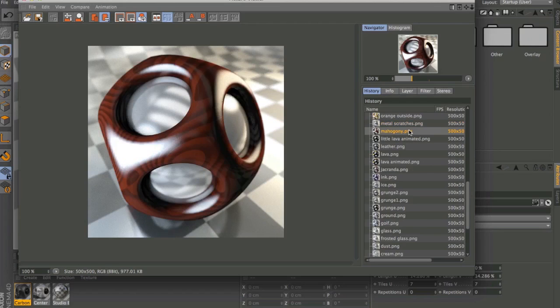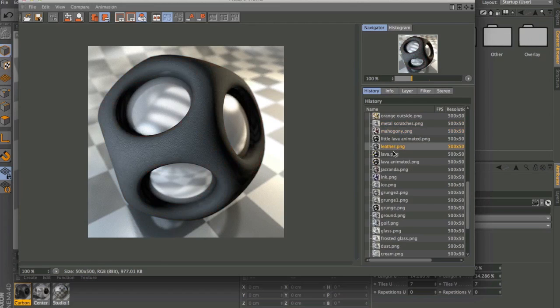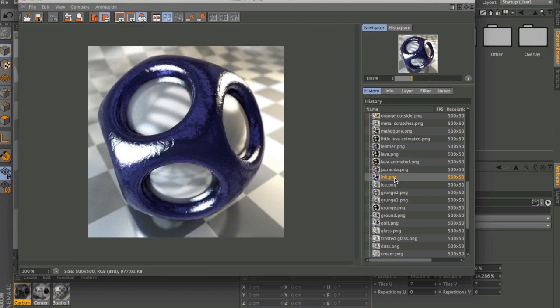We have some really good wood as well. Again, all of these are procedural, so you can up the tiles and it'll look beautiful. We have leather, lava, more wood, ink, and a lot of the intros I've done lately, I've only used the materials I have here and just lit it differently, and it gives a different look. And it just all looks really nice.